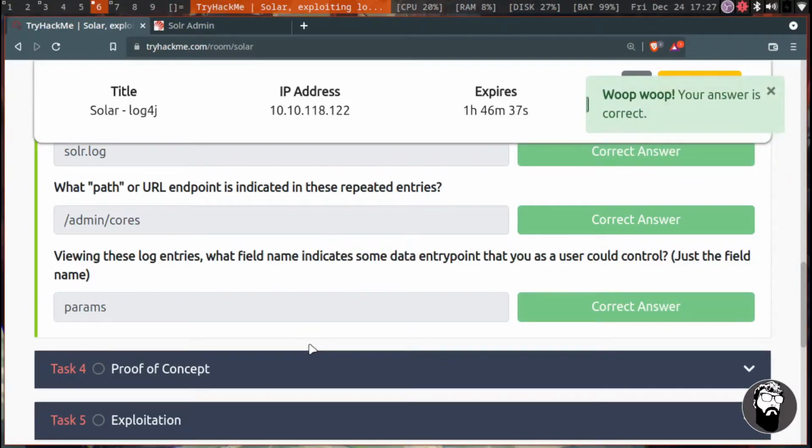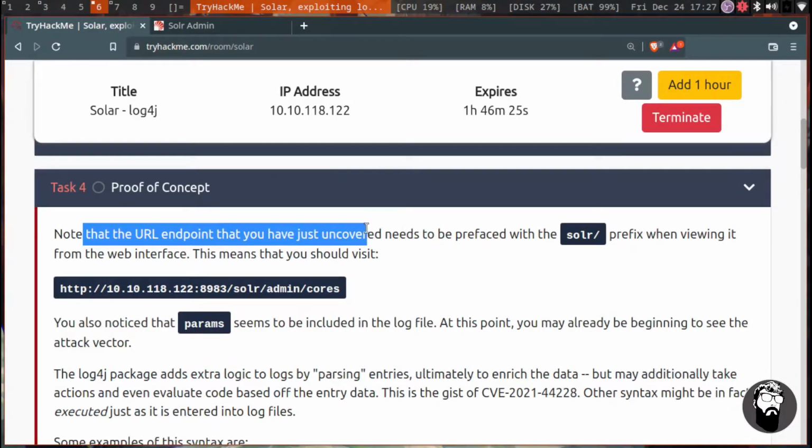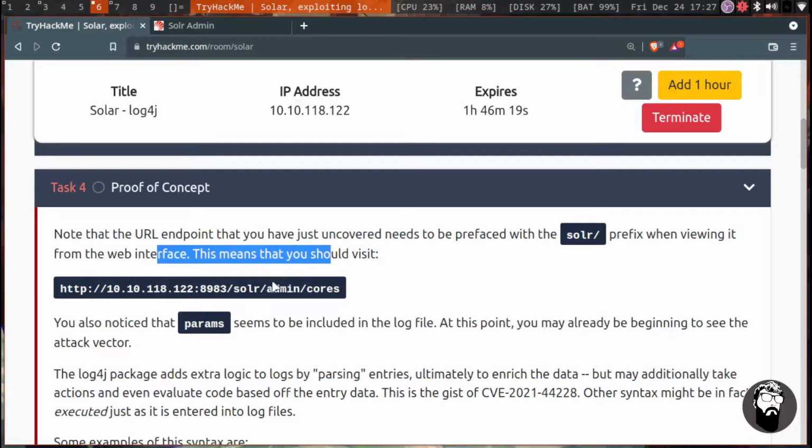And that looks like the correct answer. So we're going to keep moving on and take a look at the proof of concept. All right, note that the URL endpoint that you have just uncovered needs to be prefaced with the Solr /prefix when viewing it from the web interface. This means you should visit this URL